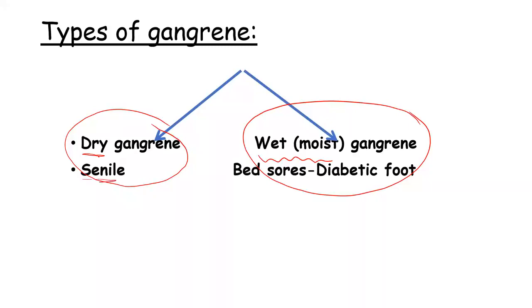The example for dry gangrene is the senile gangrene occurring in very old aged persons due to atherosclerosis. But for wet or moist gangrene, we have a lot of examples, such as bed sores, diabetic foot, and so on. Most of the gangrene that you are going to see in your clinical practice is of the moist type. The dry gangrene is rare, okay? Most of the cases that you are going to see as gangrene will be of the wet or moist type,